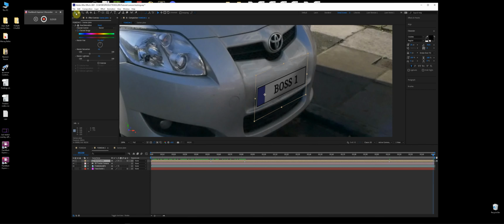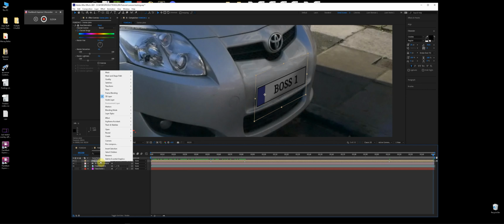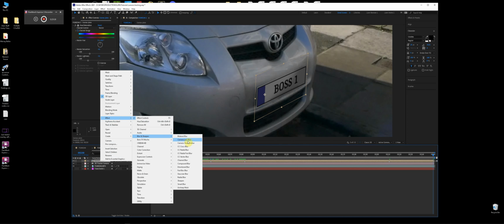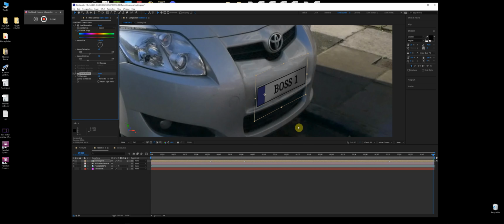But anyway, let's choose our selection tool, right click on our license plate layer, effect, blur and sharpen, Gaussian blur. Let's hit repeat edge pixels, and let's blur it up a little bit till it looks nicer. So something like maybe 15. And then you can turn the layer off and just have a look. Does that look